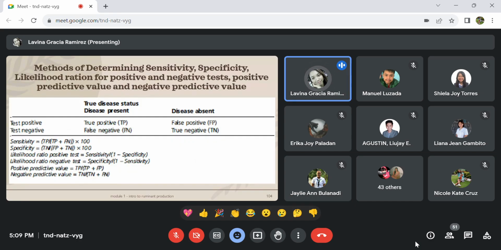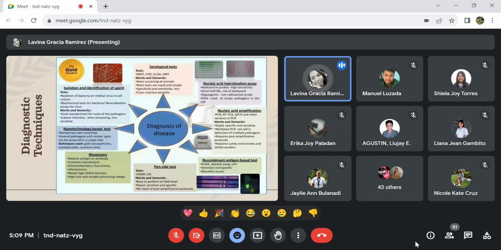So this is, okay ito. So I got this from Radostitz. Yan, so makikita nyo doon. Ito yung sensitivity, accuracy, specificity, the false positive and false negative, the likelihood ratio sa NPV and PPV. Okay, so lahat yan, napaka importante, the positive predictive value in the populations, likelihood in the false positive and false negative, and of course, the sensitivity and specificity of a certain condition in a diagnostic test result. Okay? So, these are some of the examples of diagnostic techniques.